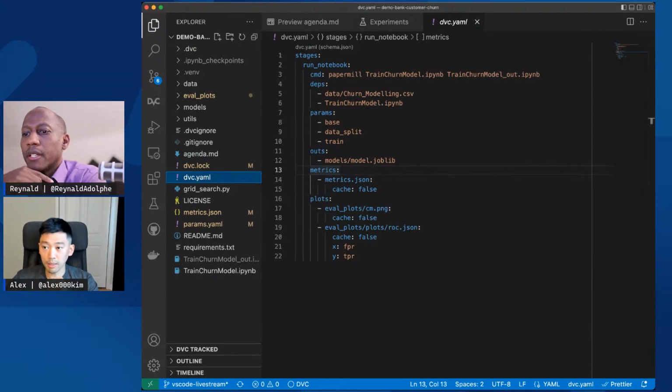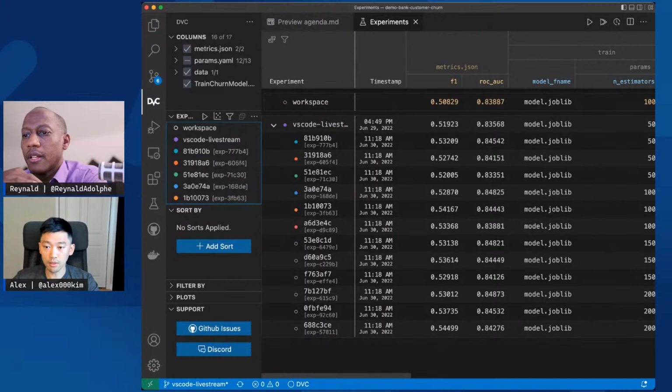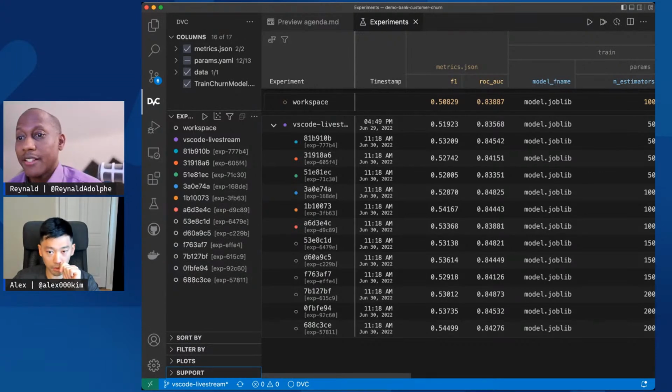Okay. And once you have the pipeline defined in this DVC YAML, that's it. The extension automatically recognizes the structure of your project. It will be able to parse the relevant information. So setting up the DVC pipeline is the only requirement here. So in your world with the extension, you end up probably saving a couple of hours of extra work during the course of the day.